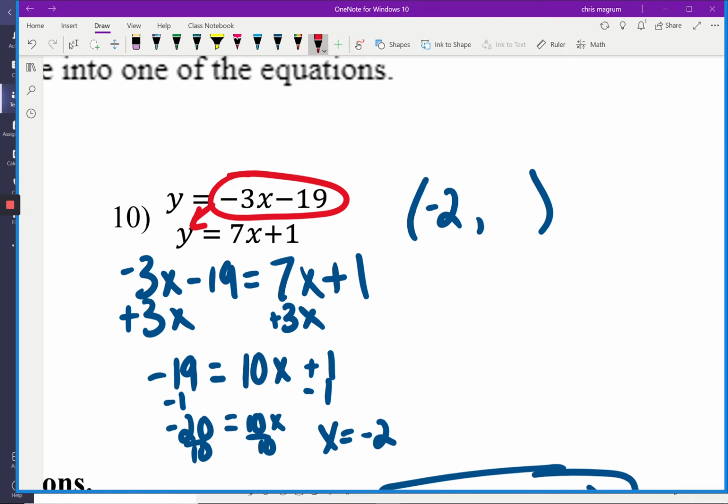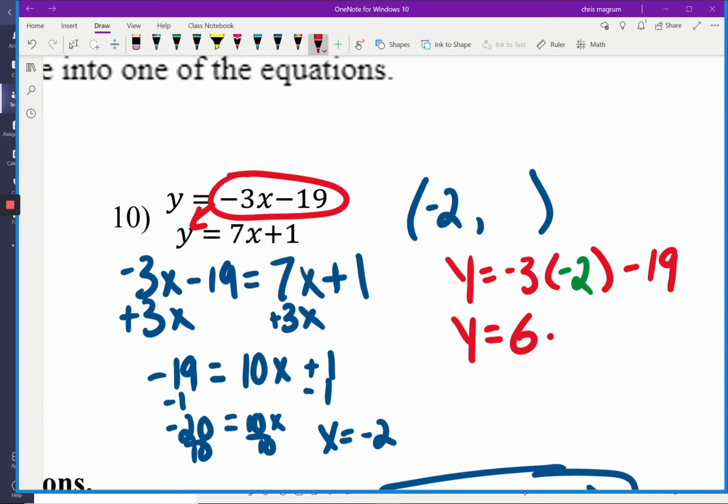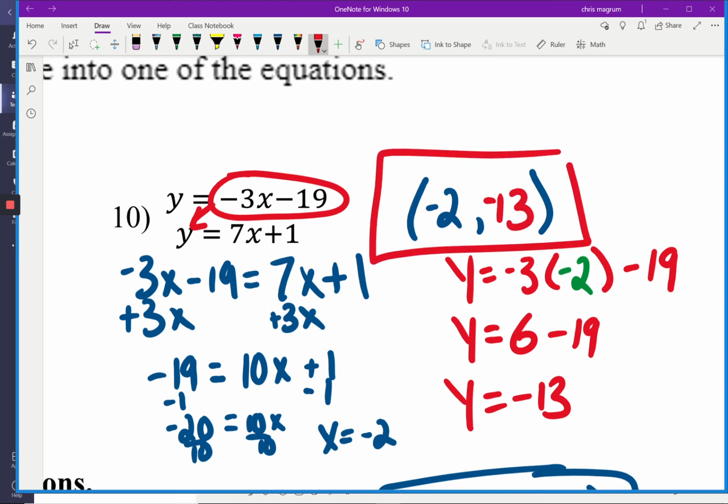So we take one of the two equations. I'll take the first again. And we substitute. So we have y equals negative 3 times whatever x is, minus 19. And what did we just find out that x equals? It was negative 2. So then we finish simplifying. We have y equals, negative times negative is a positive, 3 times 2 is 6, minus 19, y equals negative 13. So that is our solution